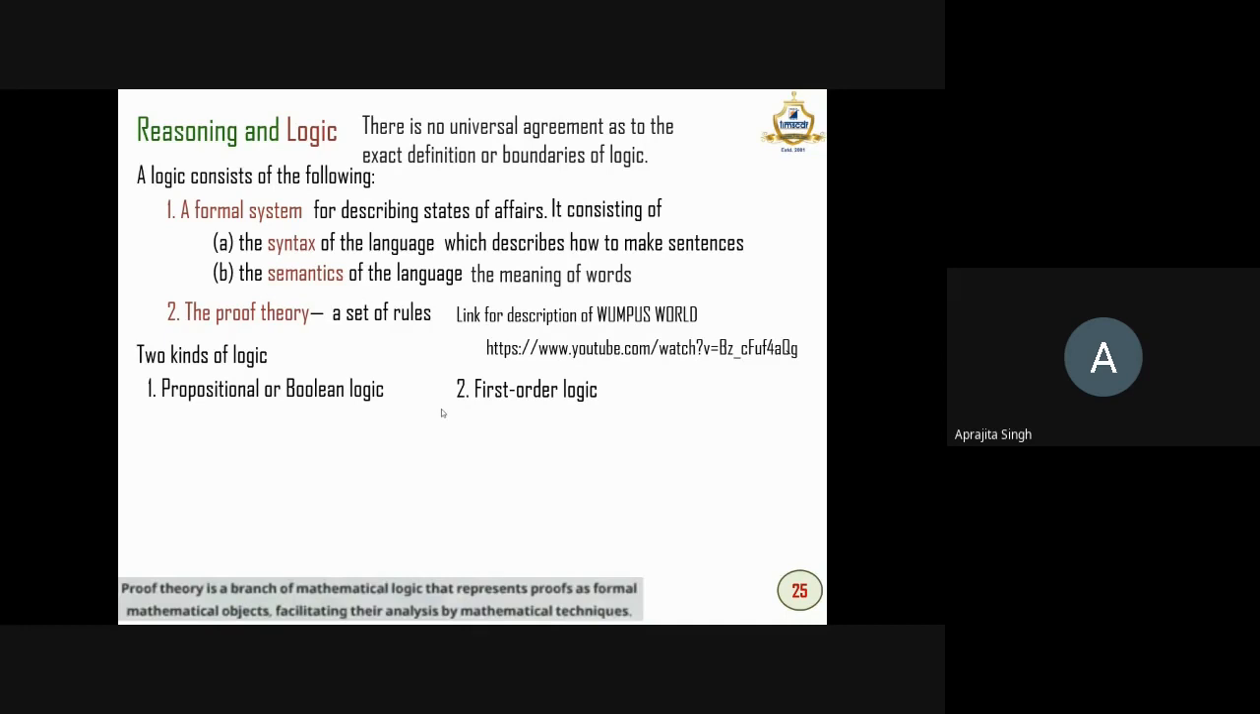In one room the Wumpus is there, this demon is there, and other rooms have some pits in them. If you fall into a pit, you lose the game, or if you just meet this demon, you again lose the game. And there are certain constraints given to you on how you can move about, and there are certain signals